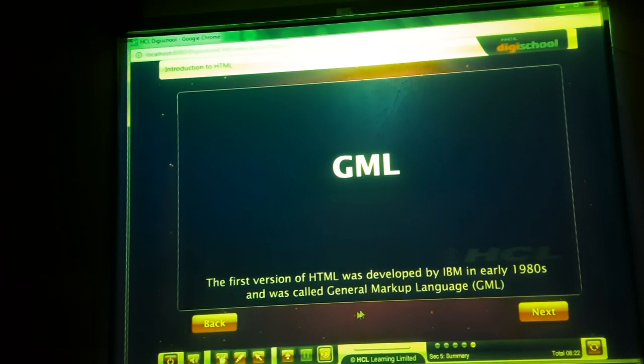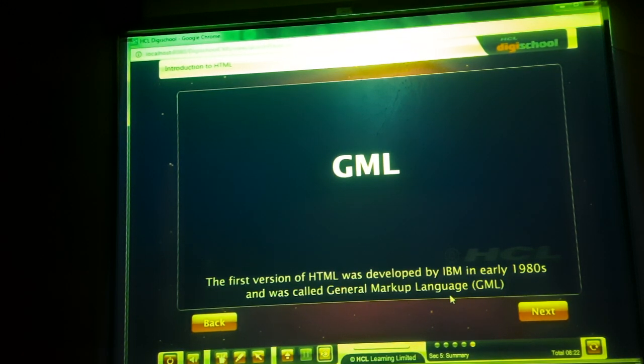The first version of HTML was developed by IBM in early 1980s and was called Generalized Markup Language. GML की full form लिख लो. Generalized Markup Language. जर्नल मार्कअप